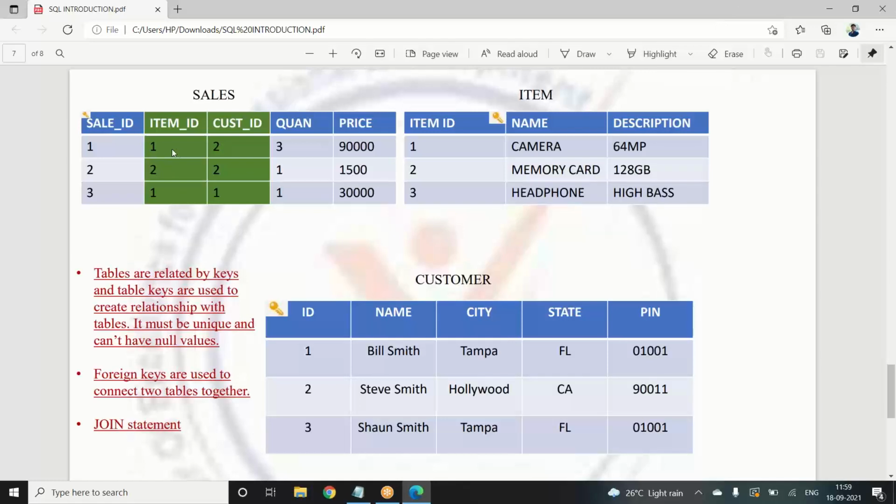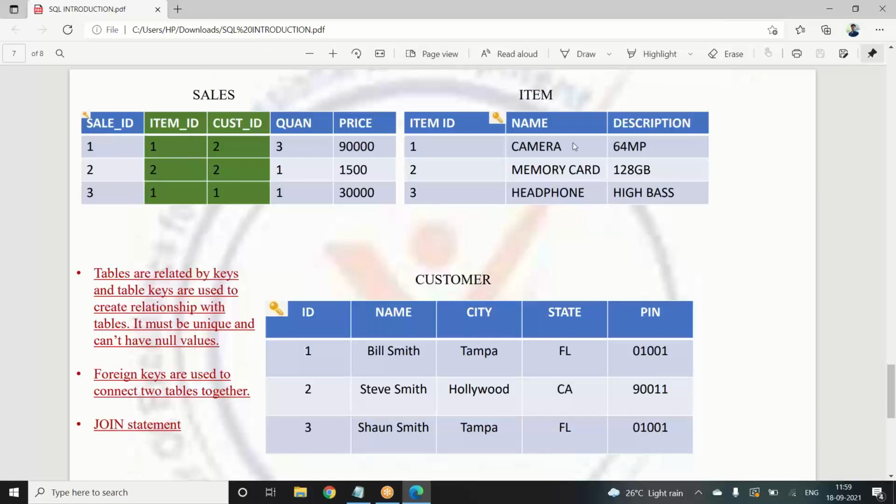And later on, if you see, these two are not actually created newly in this particular sales table. We have taken this and connected this item ID with the help of the primary key. We have already created a sales table here, and we have connected this particular item ID here.